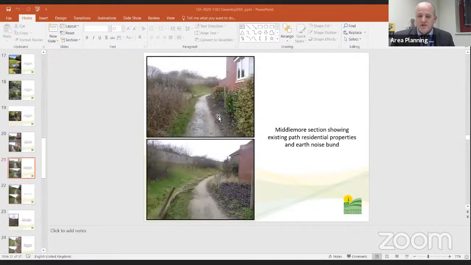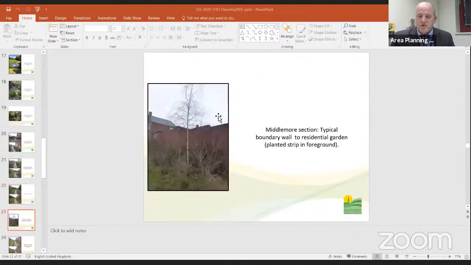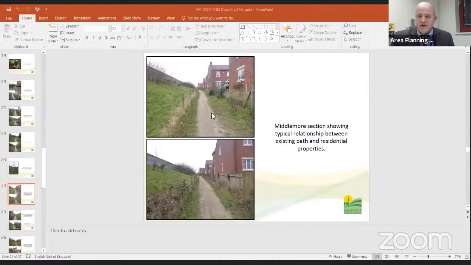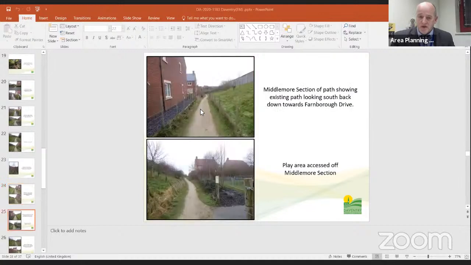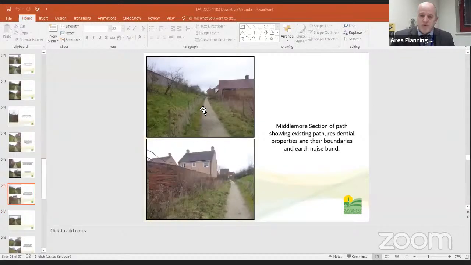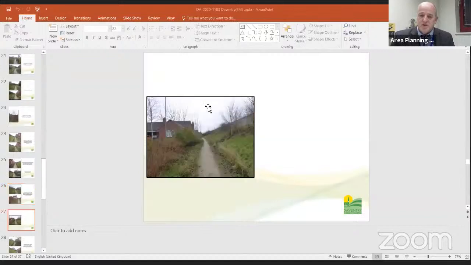So really along this area, there's no particular issues in terms of the principle of a track because it already exists. What's going to happen is this will be resurfaced up to 2.5 meters wide to provide access for really all users, bicycles, etc. The barriers that currently exist at the top end and the bottom end will be retained